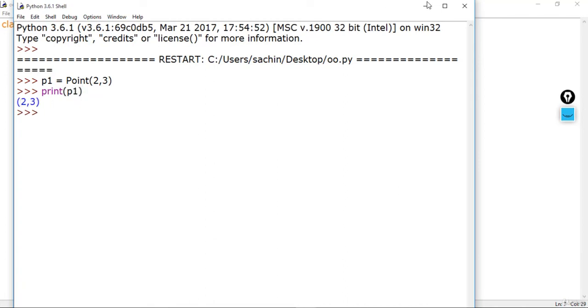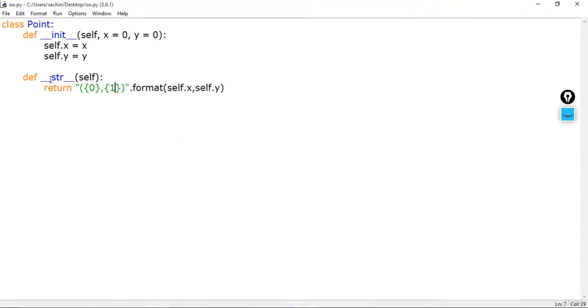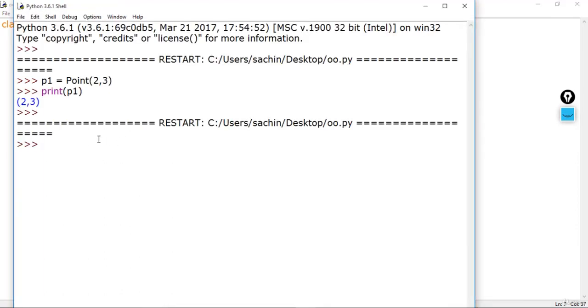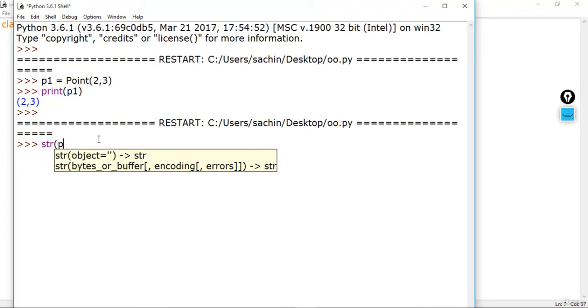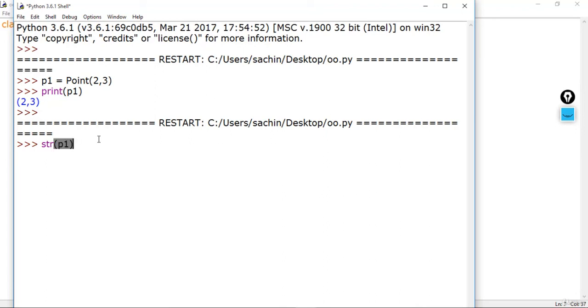So we have now formatted with this str inbuilt method. So it's better now. It turns out that the same method is invoked when you use an inbuilt function like str, and here we have made use of this format. So basically you can now make use of something like this. Let me save this again, and if I just say that the str method should be called within this p1, which is our object, then you could see that